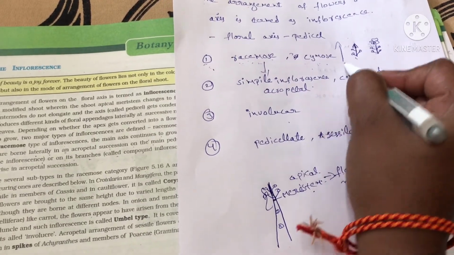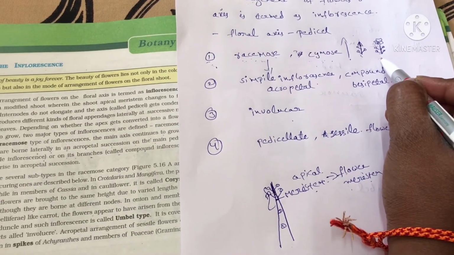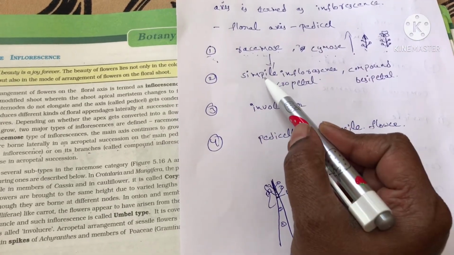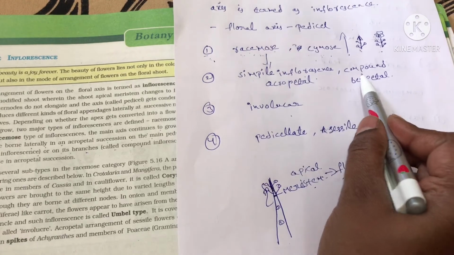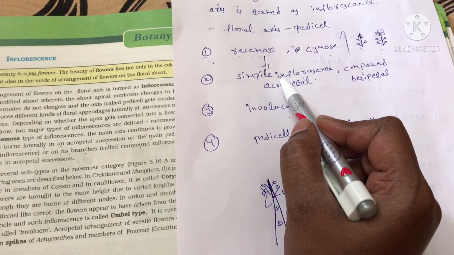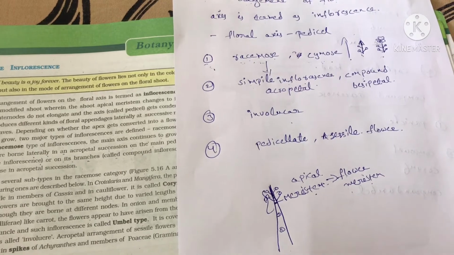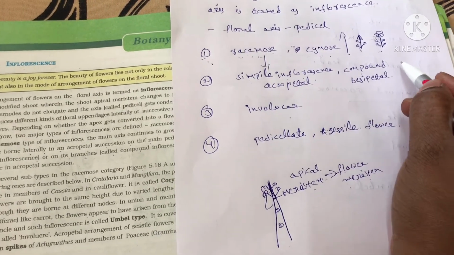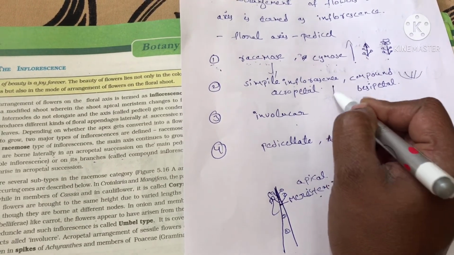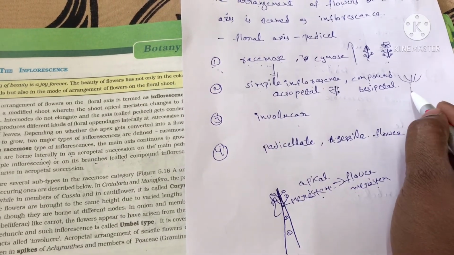Here a continuously growing pedicel occurs. Here there is absence of continuous growth. It ends with the flower. Okay. Then another terms are simple inflorescence and compound inflorescence. Simple inflorescence means they have a single pedicel. They have a number of pedicels, that means they have a number of branches. Here a single pedicel is formed and lateral flowers are arranged. Here a number of pedicels occur.